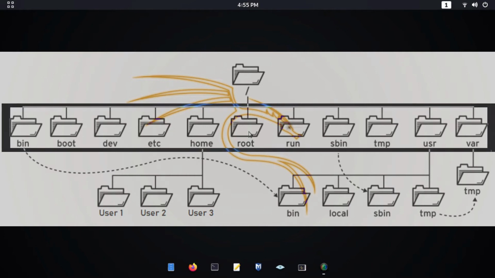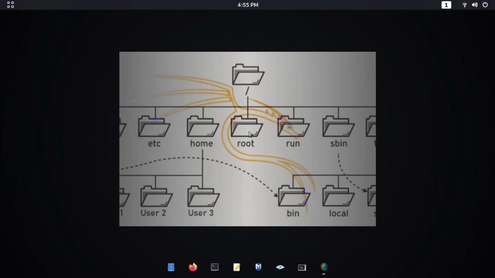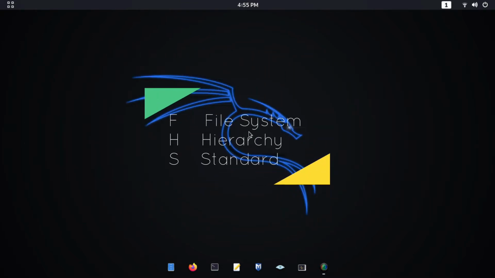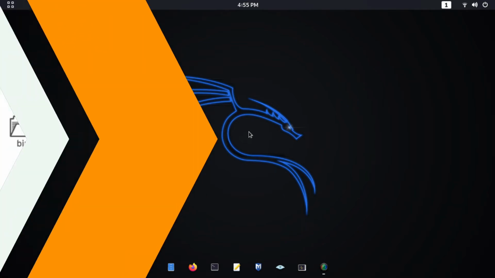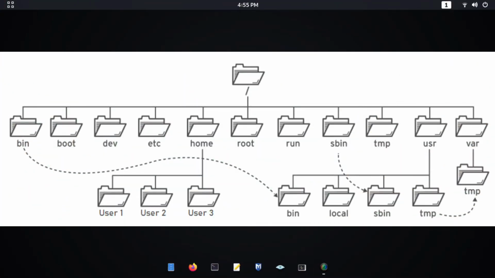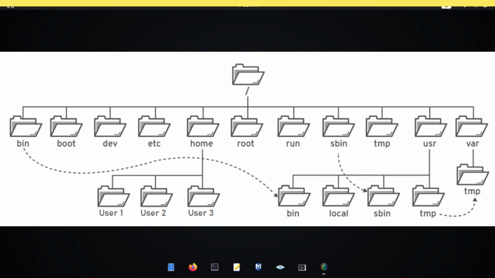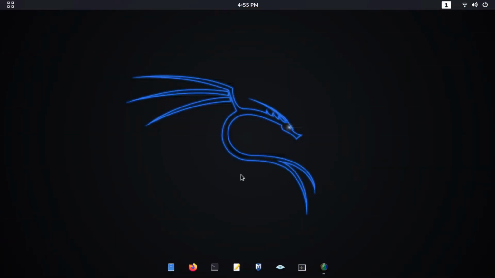The subdirectories of slash are used to organize the files by their purpose and type. This makes it easier to find the files. The file system hierarchy standard, FHS, provides a familiar and universal layout for all Linux users. In this tutorial, we will discuss the directories which are accessed in general and cover other directories as we use them. Let's take a look at the FHS, or the file system hierarchy. At the top, there is a root directory denoted by slash. Let's jump to the terminal window and take a closer look at the containing directories.